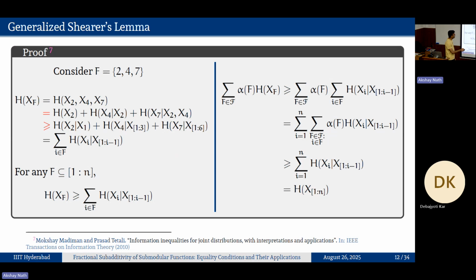So I have this as it were, and then I'm substituting whatever we got here into this. And then I sum. I just do an exchange of summands, and then what I get is: I know that this quantity by itself, the summation of alpha f for all f such that i belongs to f, is at least one. So there is one inequality here and one inequality here, and I get this. It's a simple proof. Again, standing on the shoulders of Jigmar.